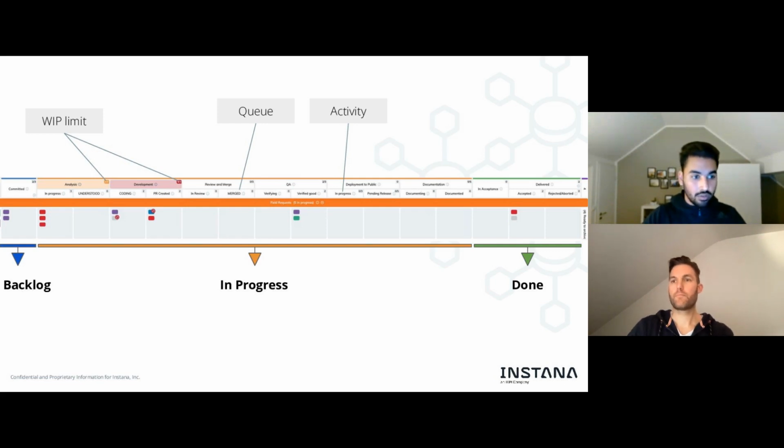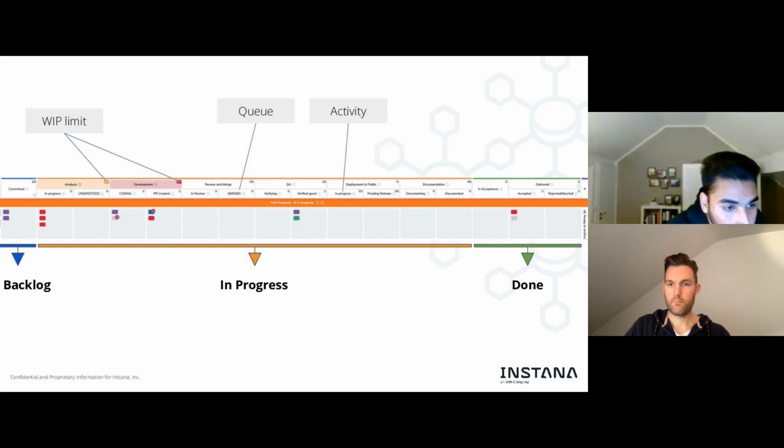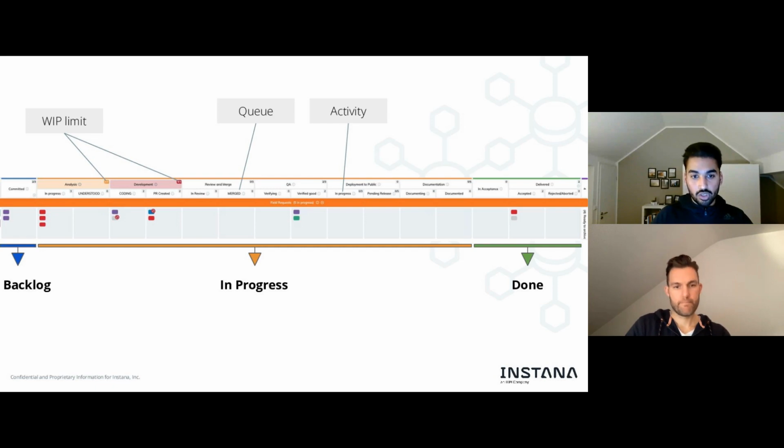Just a quick overview. So you see the work in progress limit in those columns, right? So I think analysis has a work in progress limit of 3, and development has one of 2 or 3, I think. I don't know, but if you continue along the same lane, you can see that each step has a work in progress limit. This is something you could do, right? So you then sit there and think more about each and every step of your delivery process.